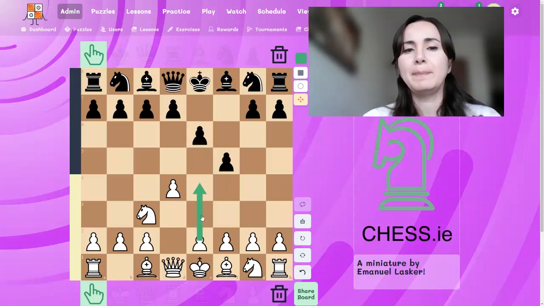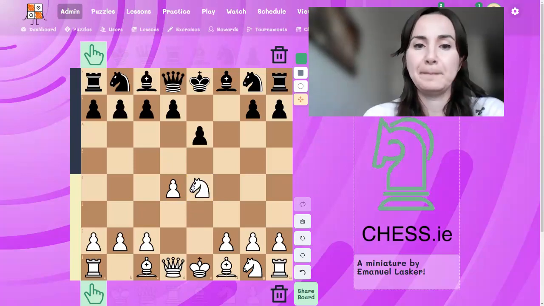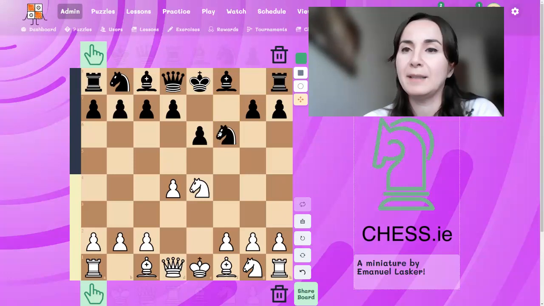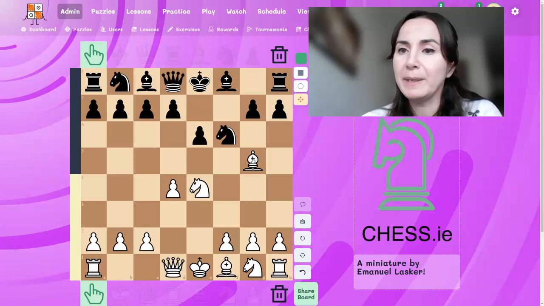So when black played pawn to e6, white did push the pawn to e4, and after the trade, now white has knight in the center. Now black tried, of course, to remove that knight from the center, also developed a piece, knight to f6. If we want to keep our knight in the center, we can pin the knight. So Emanuel Lasker played bishop to g5, pinning the knight on f6,